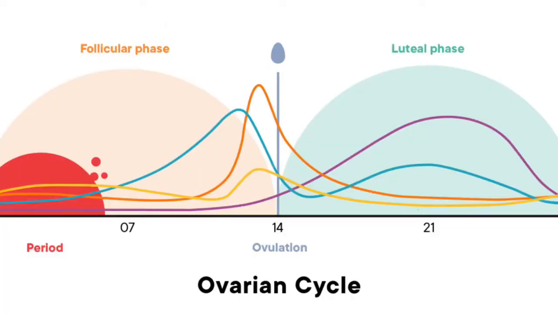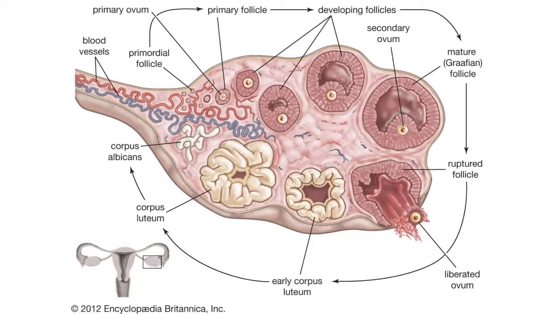It begins right after your ovulation and ends on the first day of menstruation. The luteal phase is named after corpus luteum, an empty follicle from which the egg was released. Right after the release of egg, the corpus luteum starts to produce progesterone for the rest of the menstrual cycle, which helps to maintain the uterine lining, prepares it to accept the embryo, and helps it in the implantation of the fertilized egg.